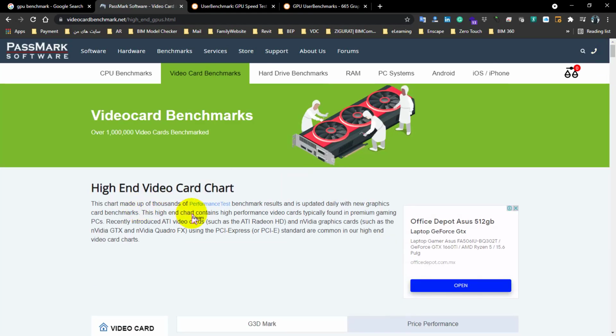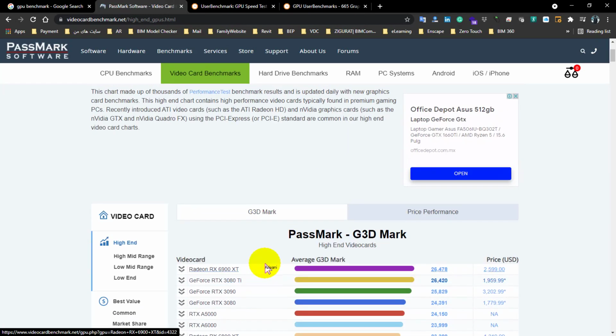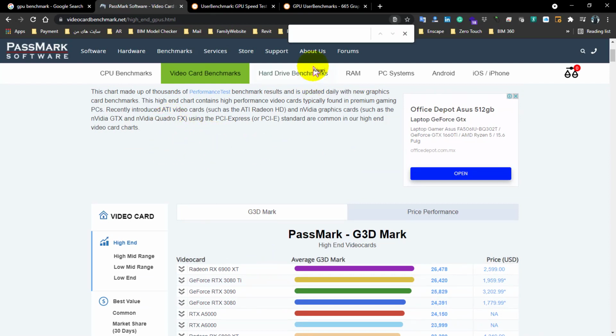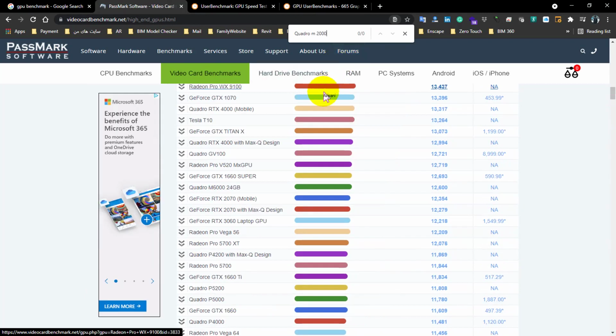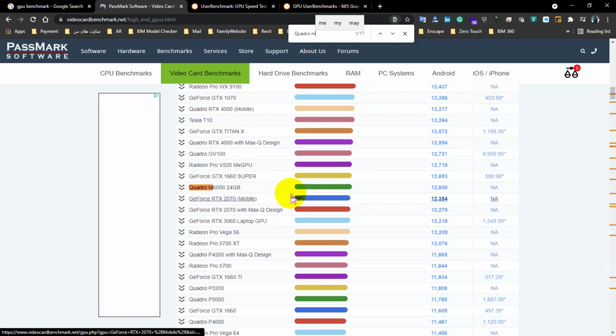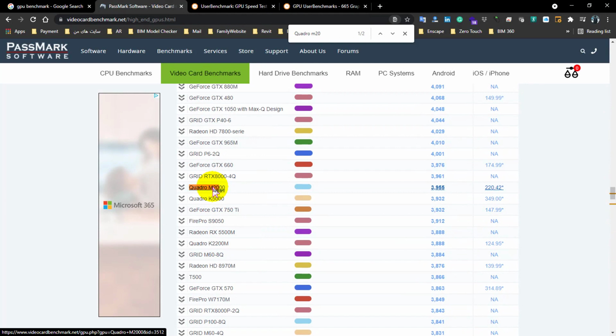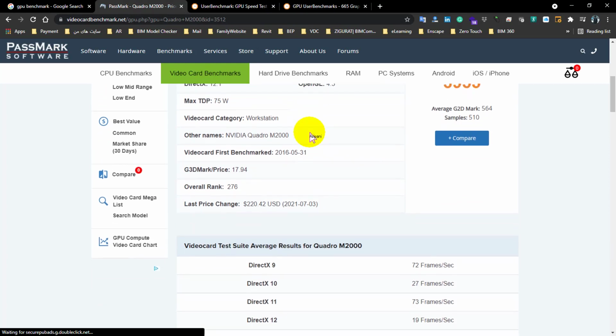Now, for example, my graphic card is a Quadro. So I'll copy it and search in the page with Control F, and this find in page opens. I'll search Quadro 2000 and we search for it. And it's here. Now if I click on this, the information about this graphic card will be shown on this